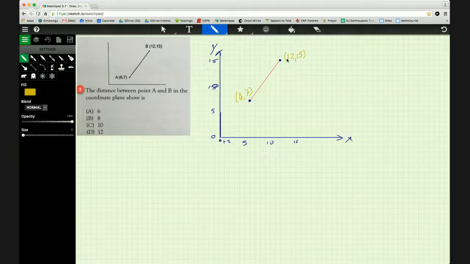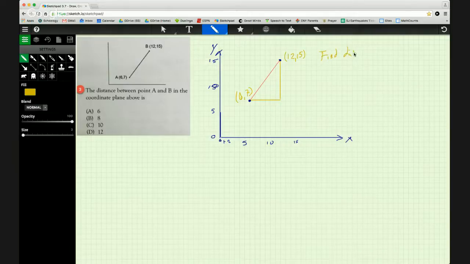Now, this is a diagonal across, and I don't know how far that is. You can't just add our x coordinates, which is 6, and our y coordinates, which is 8. I don't know how to figure this out directly, but watch what we can do. We can make a right triangle out of those points,